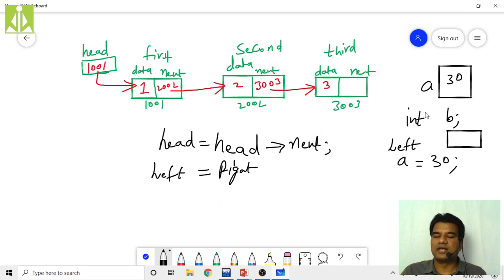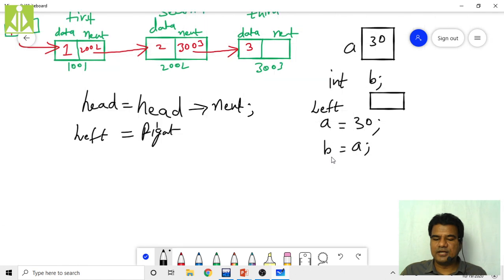So 30 will come over here like this, because using a left side to the assignment operator will give the memory location but not the value. Okay, so now I am using b equals to a. Using this variable a on the right side of the assignment operator, what will it give? It will not give the memory location this time. It will give the value, this 30. So whatever a is holding, that same thing will be stored inside b. That 30 will come into b's location.